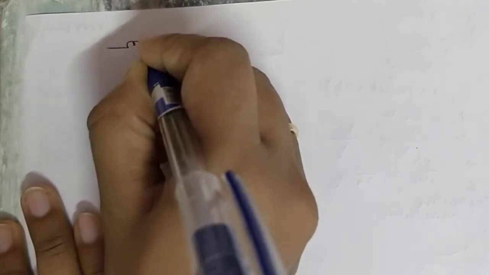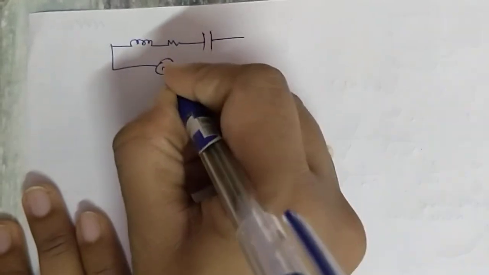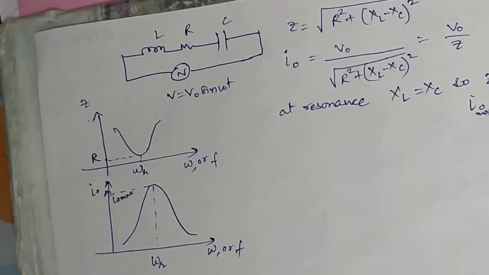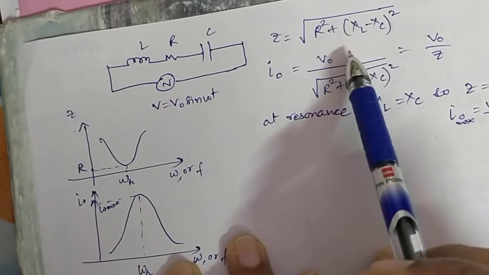Children, in the previous video we did AC, alternating current, connected to a series LCR circuit. So you had an inductor, you had a resistor, you had a capacitor. No matter in what order you connected, the formula which we derived using the phasor diagram. So we used the phasor diagram to derive this expression using the impedance triangle.